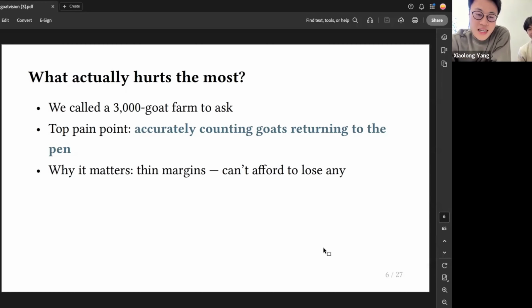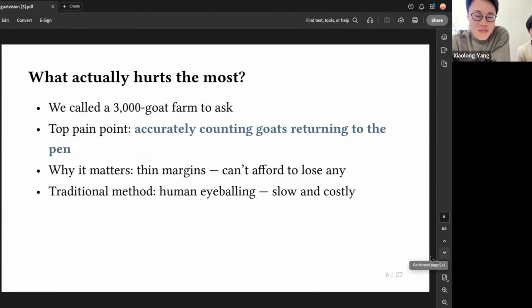Yeah, so as I've said, the business model is so broken that people don't make money and you have to be on the ground the whole time. The thought is, if we can replace labor with computer vision technology to count the goats for them, then they don't have to hire people, or they themselves can be freed from this labor to do something else, and that will save them a lot of money. And the way they're doing it is just by eyeballing the goats every single day. We've tried to eyeball the goats using the security footage, and it's really hard. With all 20 years of experience, you just can't count accurately.